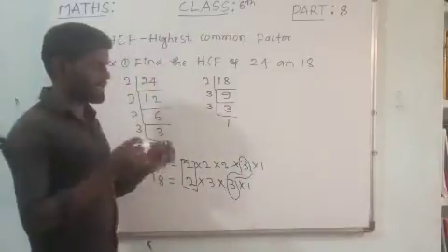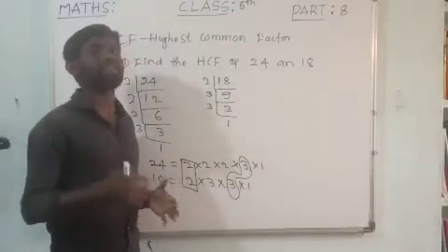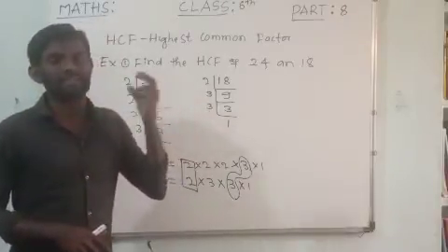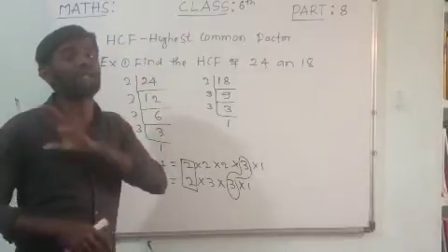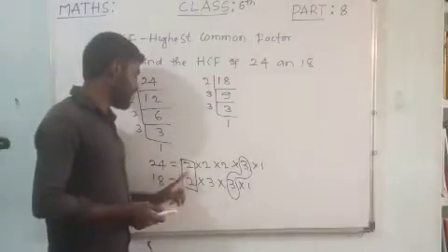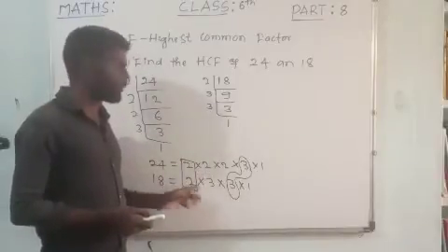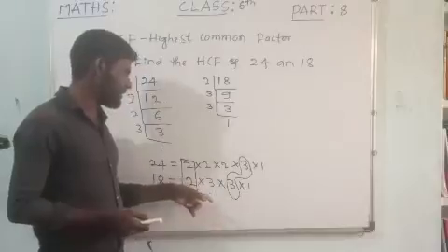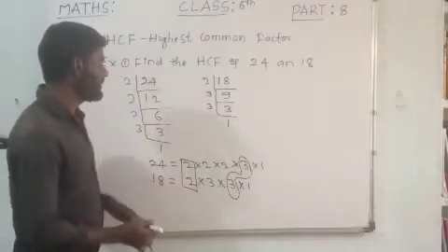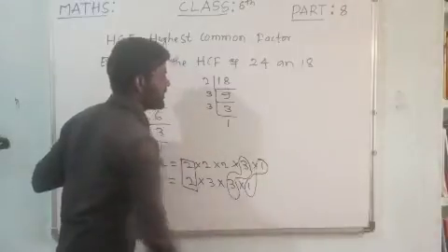Next you may say, sir, here 2 is there, here not available. If any number is repeated the maximum number of times, we don't want it. But the same number repeated the same number of times, we have to choose that number only. Here 2 is repeated, here also 2 is repeated, it is one group. But 2 is repeated only one time here. Here 3 is repeated 2 times, but here 3 is repeated only one time. We have to choose the pair. Next here 1, here also 1. 1 is a common factor for every number.